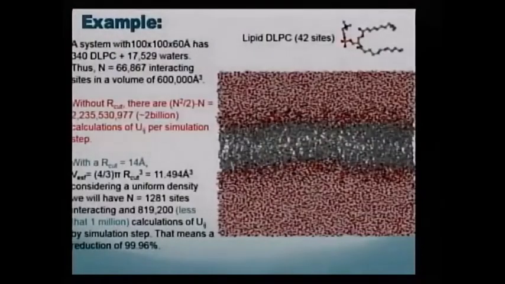I'm showing here only if you wanted to take an idea of how you gain in computational time. Here, this is the size of the system. If you have a system, for example, in this case, I have around 100 water molecules. I have around 66,000 atoms to interact. If I calculate the amount of interaction for each step, I need around 2 billion calculations to calculate